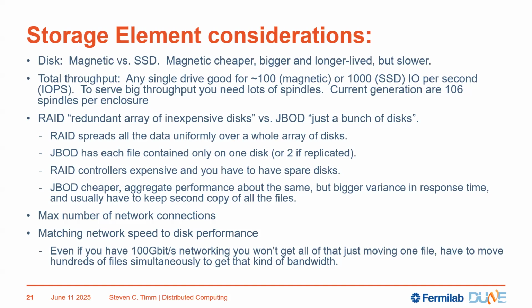So there are two basic ideas here. RAID is the redundant array of inexpensive disks. They're not inexpensive. They can charge you extra to have RAID disks, but anyway, okay. And then JBOD, which is just a bunch of disks, right? RAID spreads all the data uniformly over a whole array of disks. So if I write one file to a RAID array that's got 10 disks in it, there'll be some piece of that file on each one of 10 disks. And then one extra disk is there for the parity bit. That's how it has the redundancy. So I can pull any one disk out of it, and we'll still keep working, and I'll still have all my data.